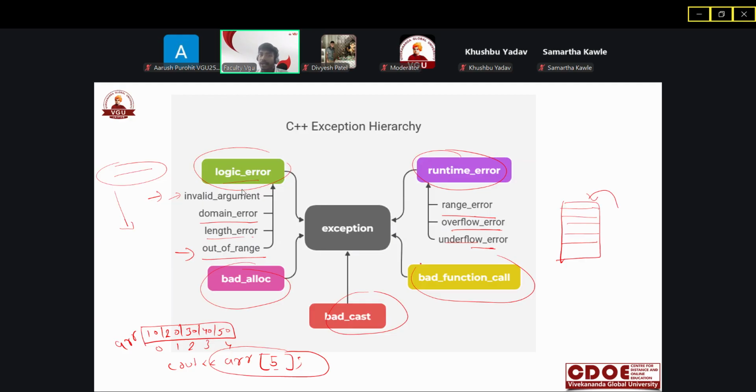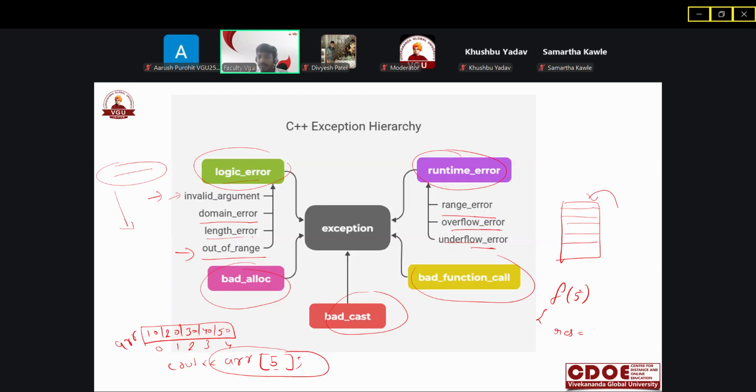Okay, so in the elimination condition, if you are not writing the elimination condition, you will get the overflow error. Suppose the example is a factorial function f of 5.